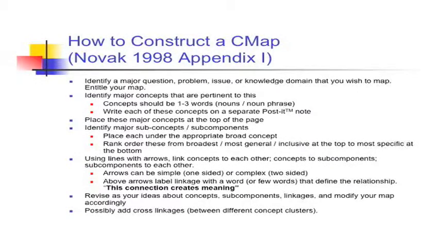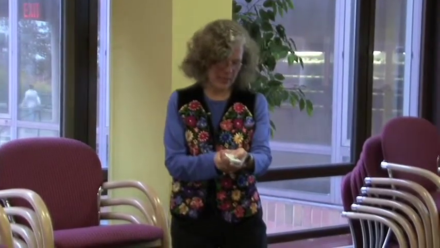The traditional Novakian concept maps are organized in a hierarchical manner, pyramidical almost. So you're going to rank these from the broadest, most general, the inclusive ones at the top, and the more specifics branching down below. This will take you probably 15 of the 20 minutes that we're going to devote to this exercise. For the last 5 minutes, and I think we'll try to time this because I have 12:30 now,